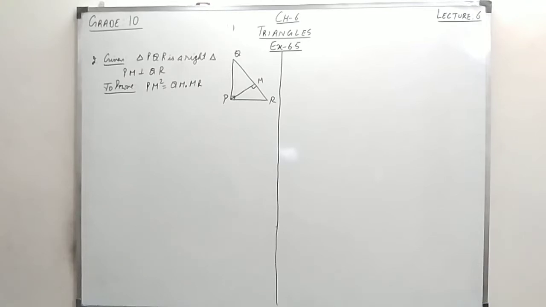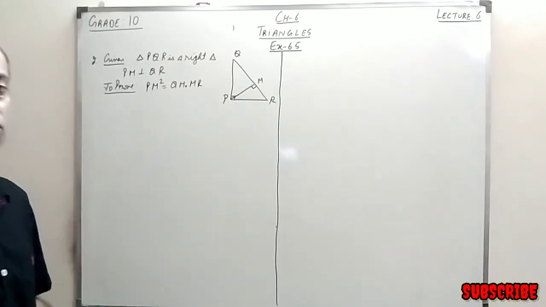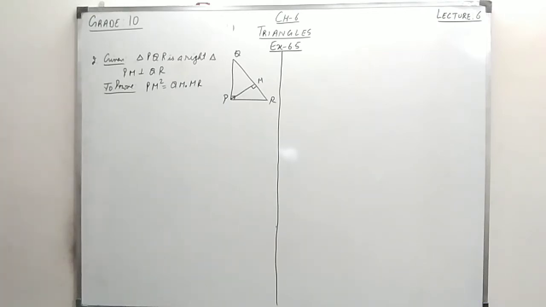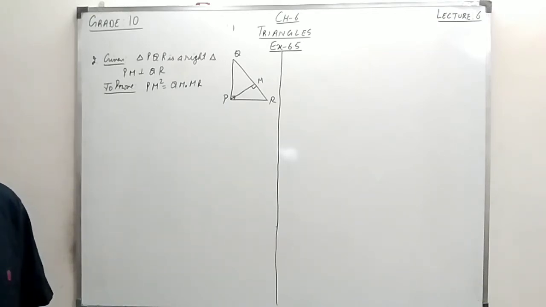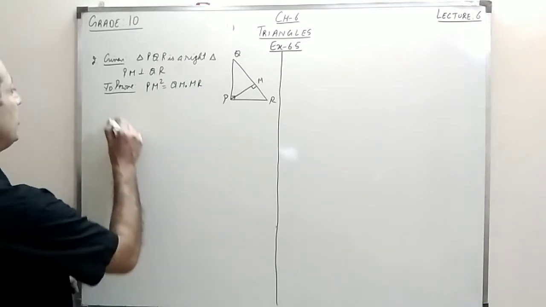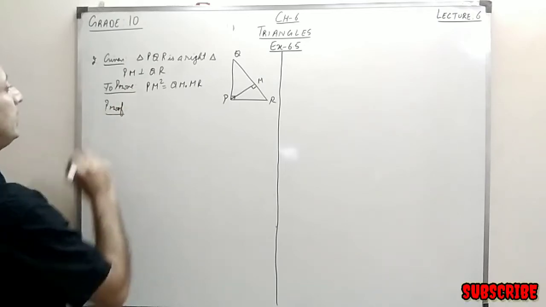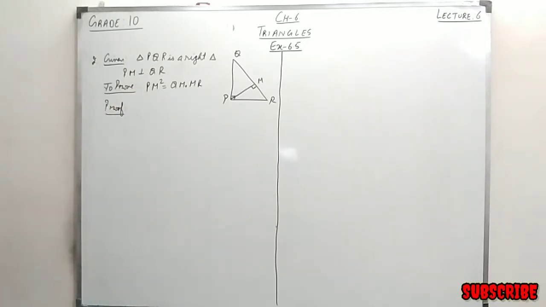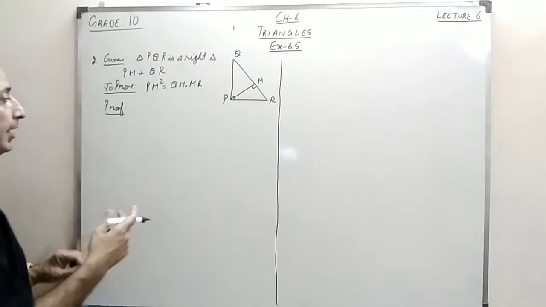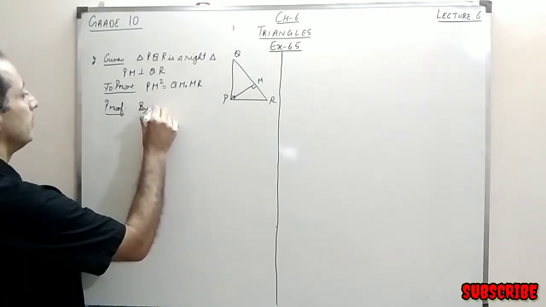Now the proof of this question can be done in two ways. We can apply Pythagoras theorem and do it. We can also do it by using the property of similarity. So it's your choice how you want to proceed. I will be doing it using Pythagoras theorem. As you can see, there are three right angle triangles. In all three right angle triangles, I apply Pythagoras theorem. So I say by Pythagoras theorem,